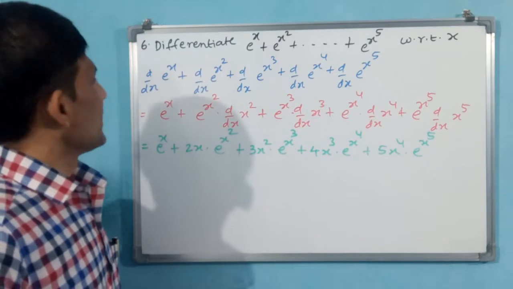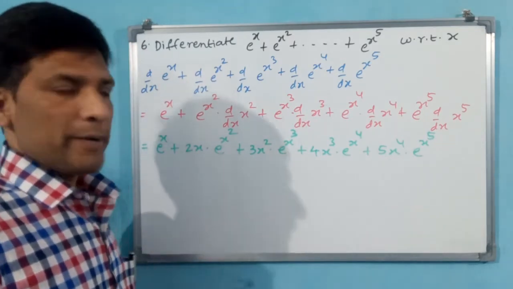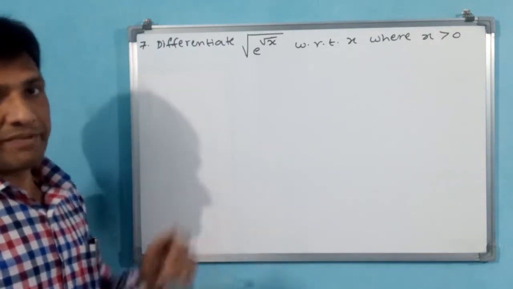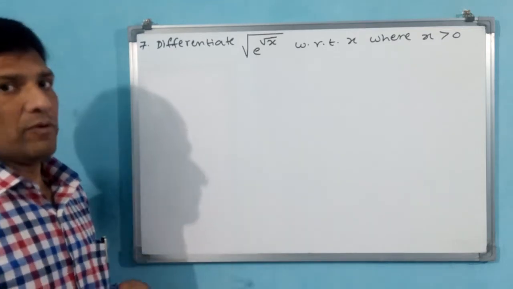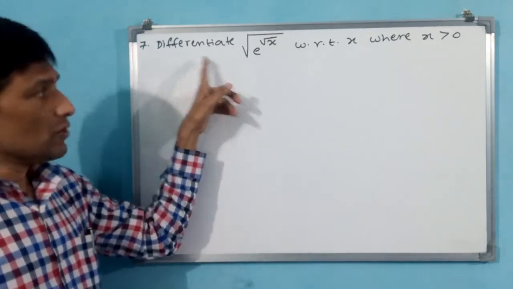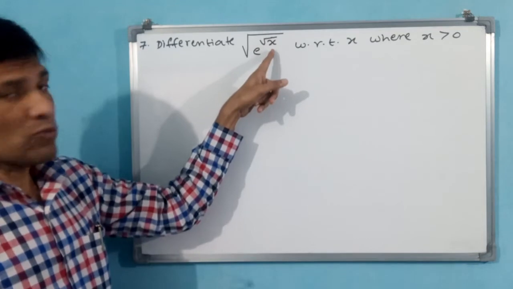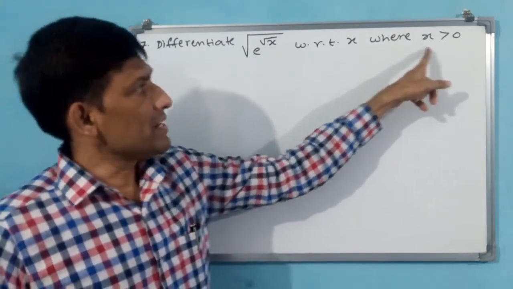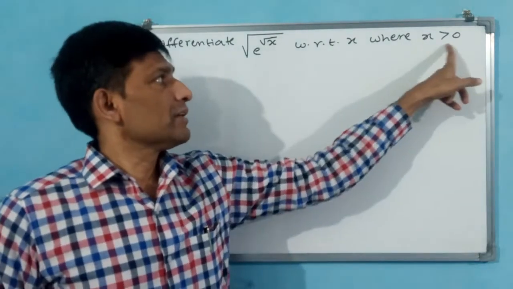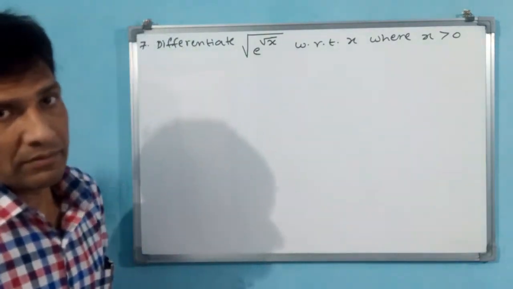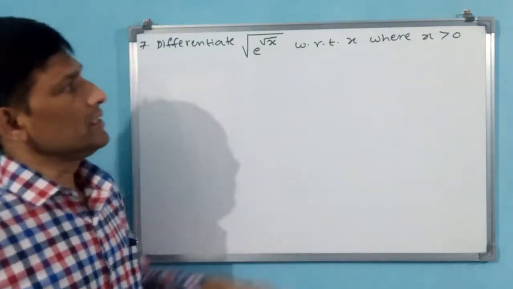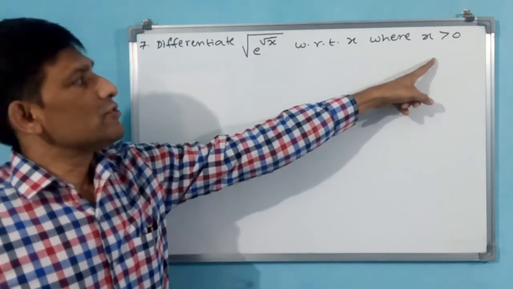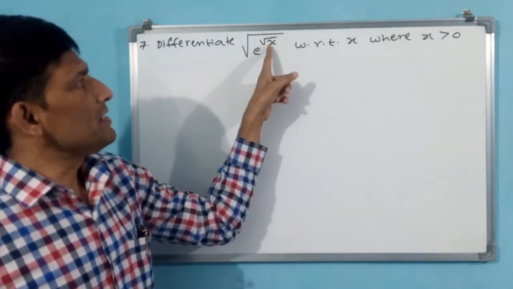Okay. Let us proceed for 7th question. Okay. See, the 7th question, understand carefully. Differentiate the square root of e^(√x) with respect to x, where x is greater than 0. This is very important. You see here what they have written. Okay. Why? Because see, if x is 0, automatically